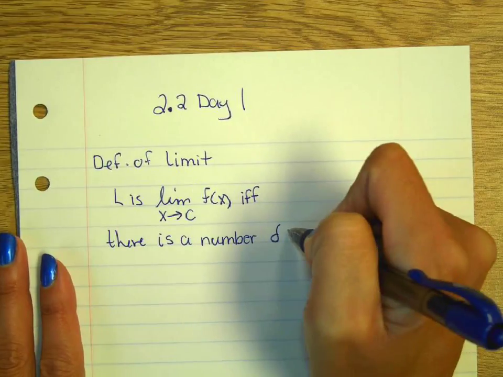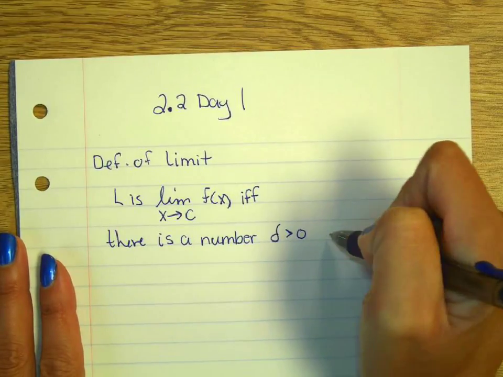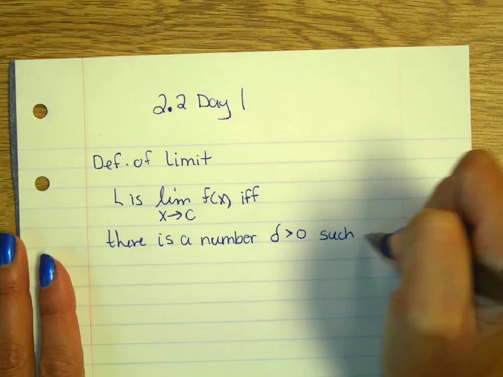There is a number delta greater than 0 such that